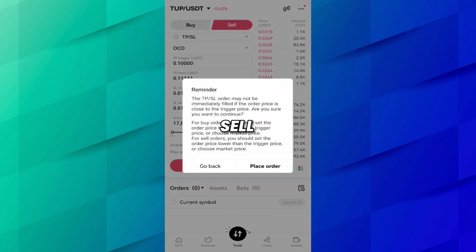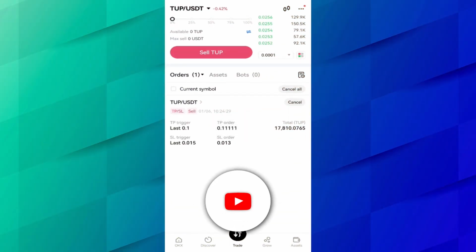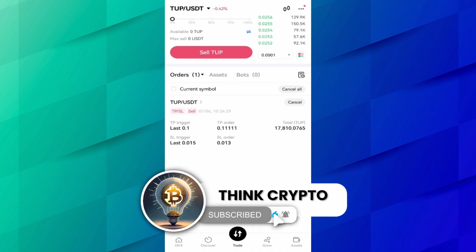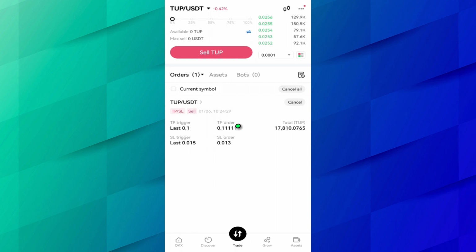If you click on sell, here's the reminder that TPSL order may not be immediately filled. As I have already told you, do not use the same price for the limit order. Place order. Alright, so here you can see we have one open order, trigger price 0.1, and the order price is 0.111. So all your coins will be sold at 0.11111, and we have already put the stop loss that when this coin reaches 0.015, just trigger the order,